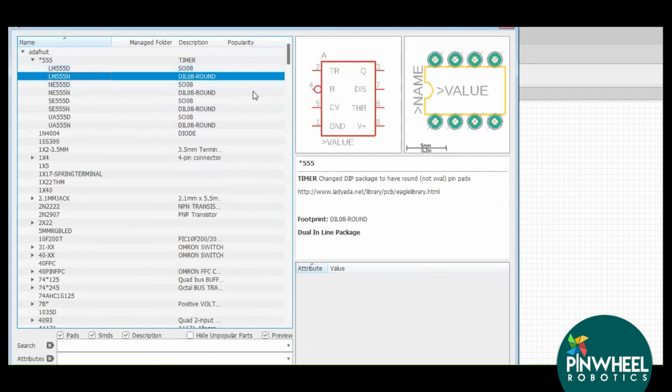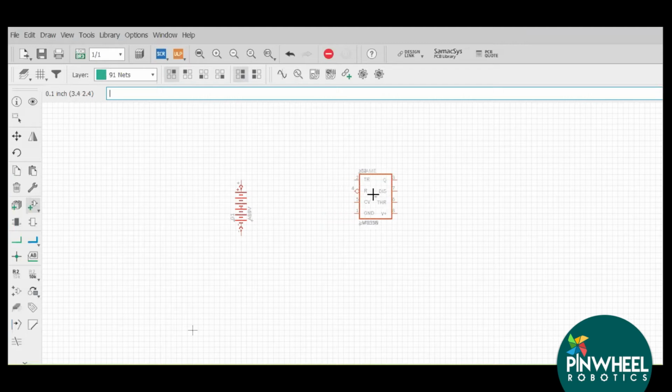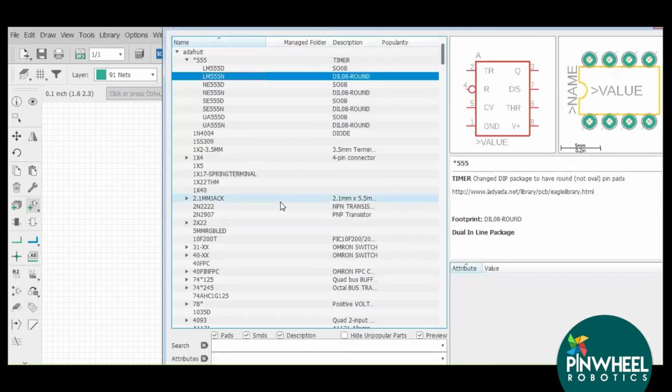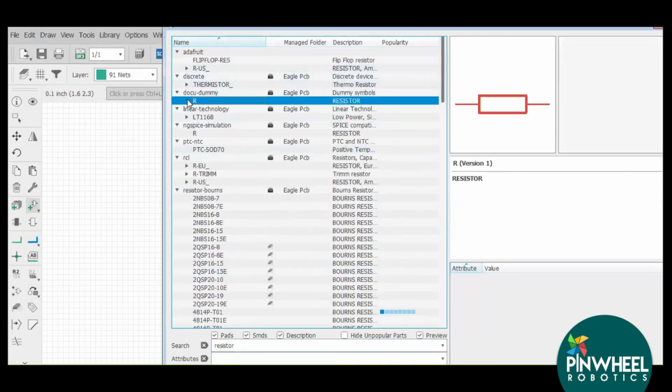For example, this is a 555 timer. So this way I can add from our own library section. Now I need a resistor.